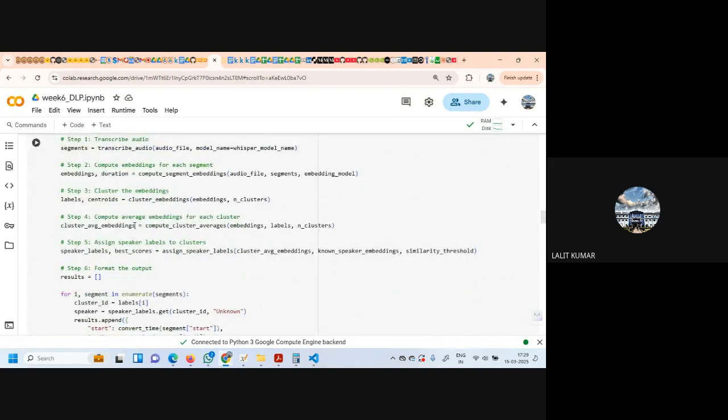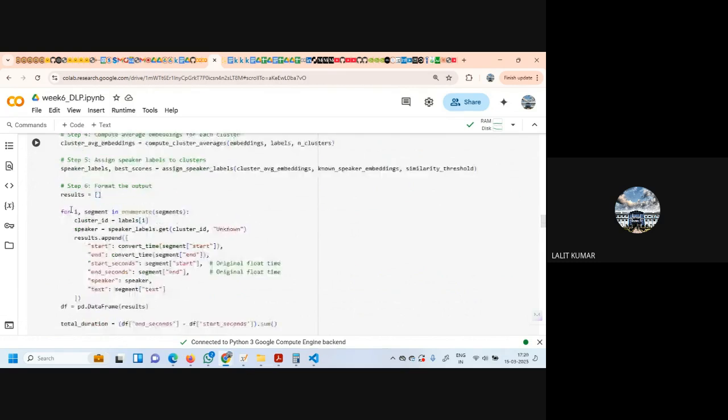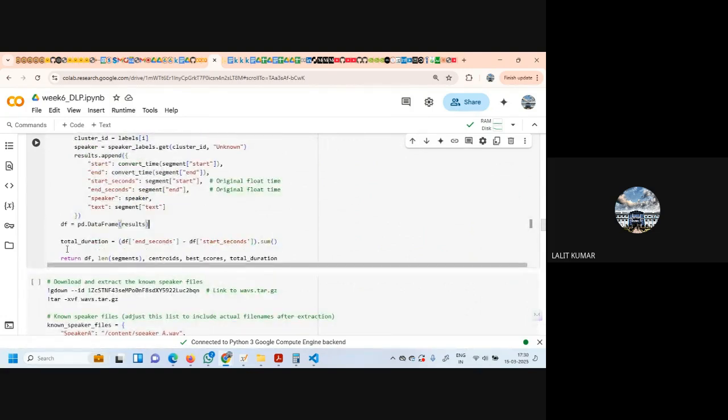Then cluster average embeddings by using the compute cluster averages function, and speaker labels and best scores by assigning speaker labels. And then we are formatting the output and making a data frame. So we get the total duration, df start second sum, and we return the data frame, the length of the segment, centroids, best scores, and total duration.